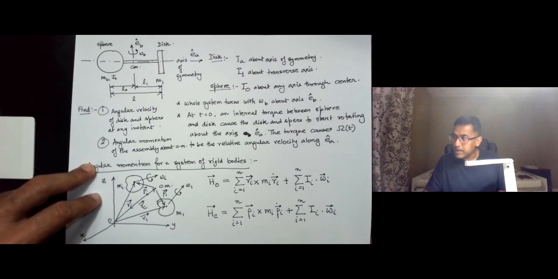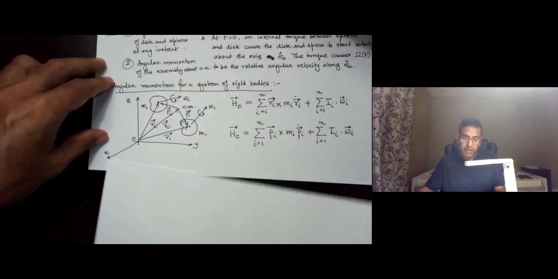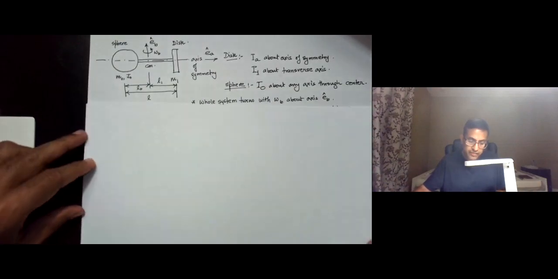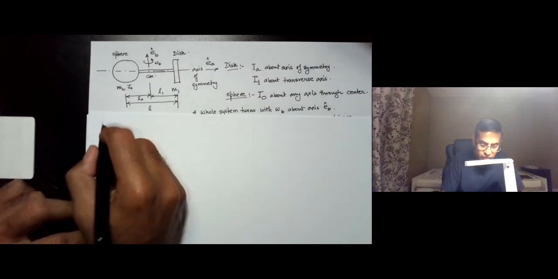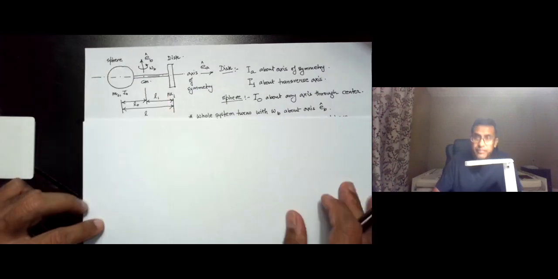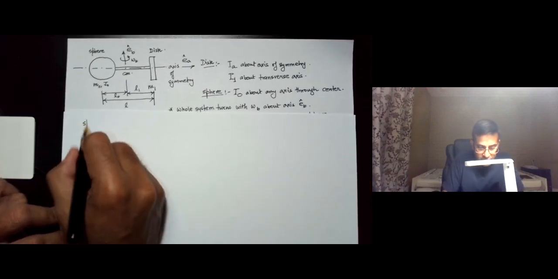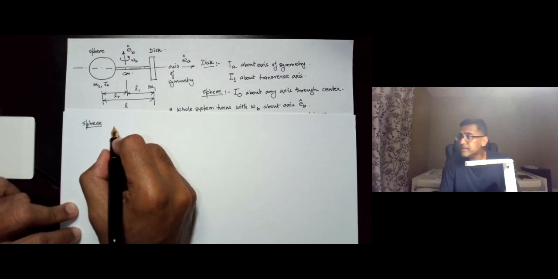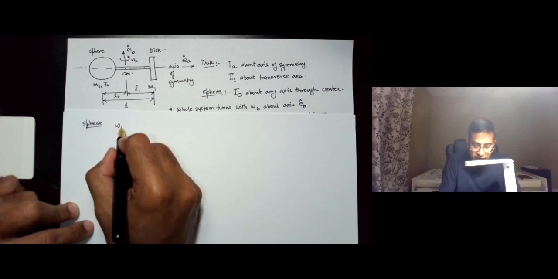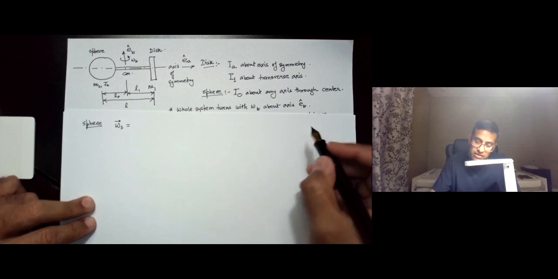Okay, so let us first formulate the angular velocities of these two rigid bodies. So for the sphere, let's say that the angular velocity of the sphere is omega s, and the axis system that we are going